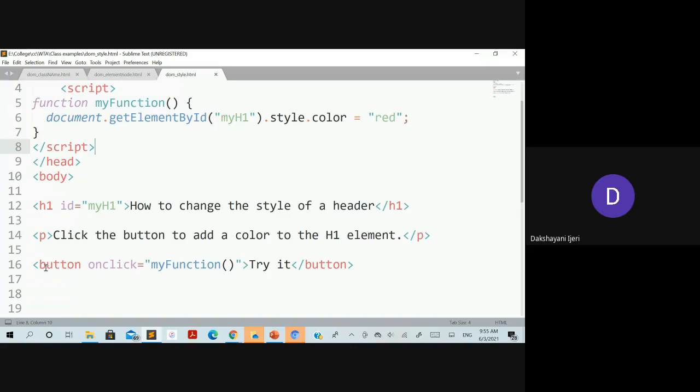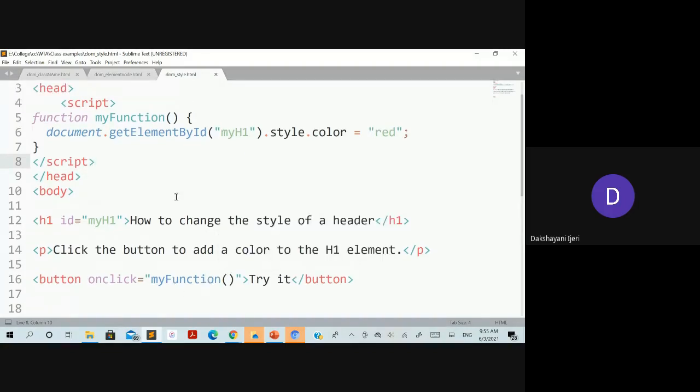So in this case, you can see here we have taken a button element in the body section to create a button. And what you are telling here is the onclick method. That means whenever the user clicks it, what needs to be done. So onclick is equal to myFunction. That means when the user clicks it, this JavaScript function needs to be executed. The label for that button is "Try it",